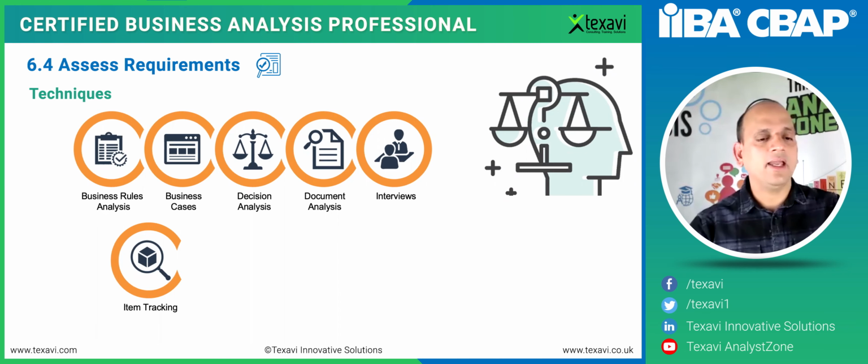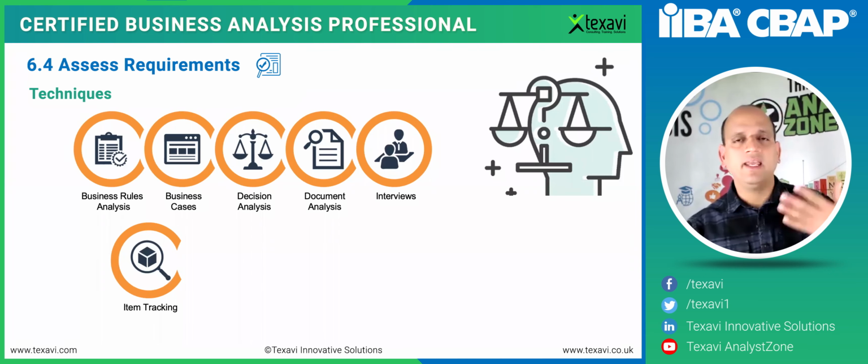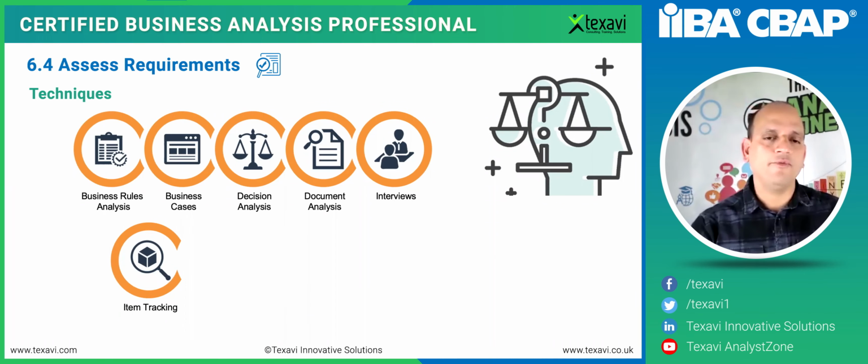And item tracking, again, comes into picture, because you're actually assessing the impact, and if that requirement is now taken on board, if the change is now taken on board, you need to create the requirement or make the change in the backlog, affect the change, and then again, that needs to be tracked all the way through. The traceability would again kick in, forward traceability, and then again, if required, the backward traceability.